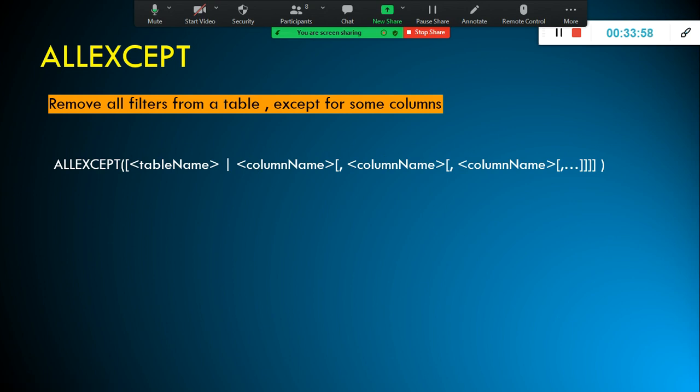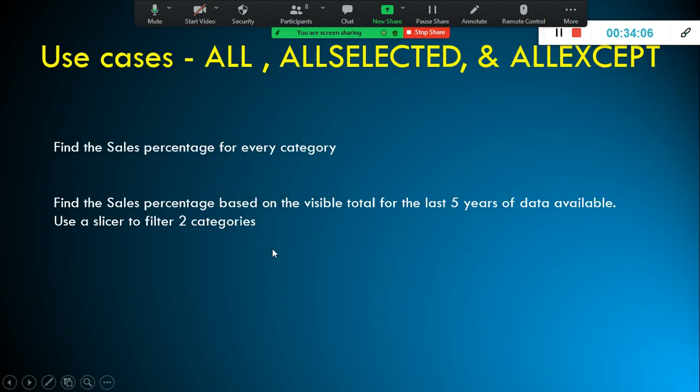This will also be helpful in some cases. So now you understood what ALL, ALLSELECTED and ALLEXCEPT are. This is the way for the visuals. Whatever filters we applied externally, the corresponding totals will be obtained using ALLSELECTED, whereas ALL simply disregards internal and external filters.